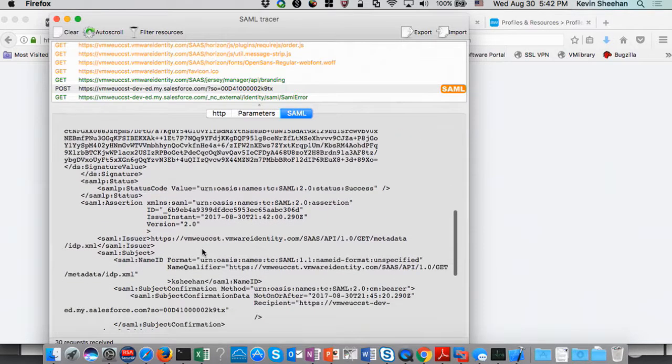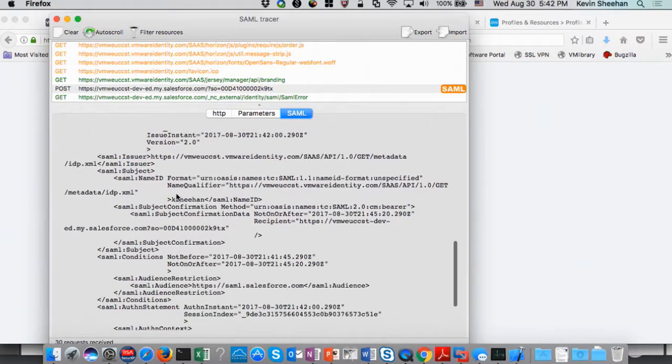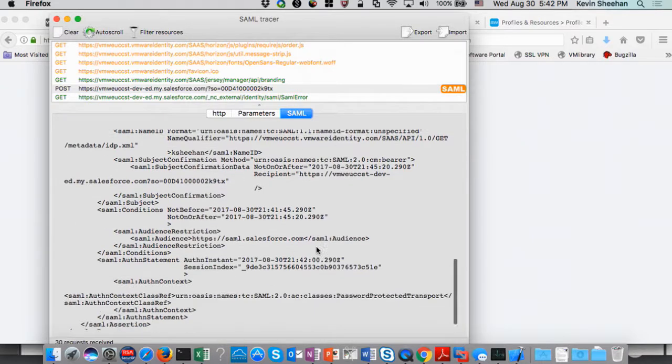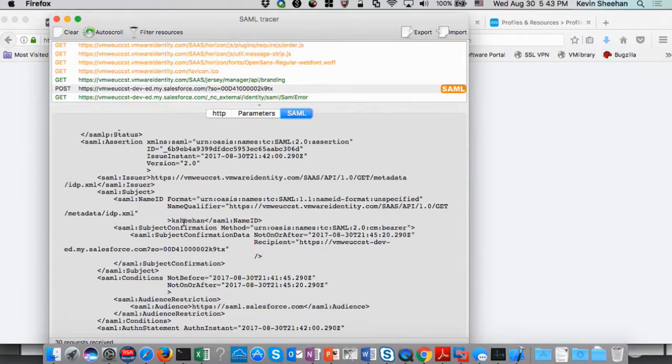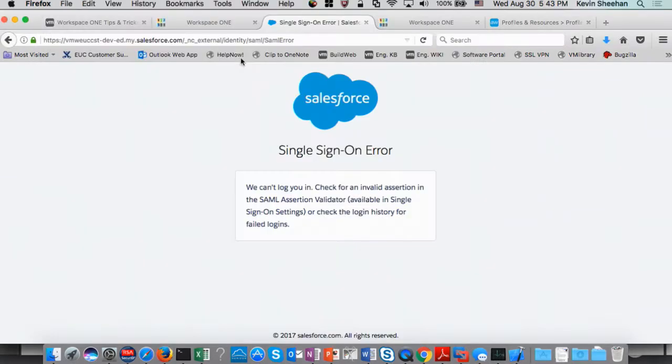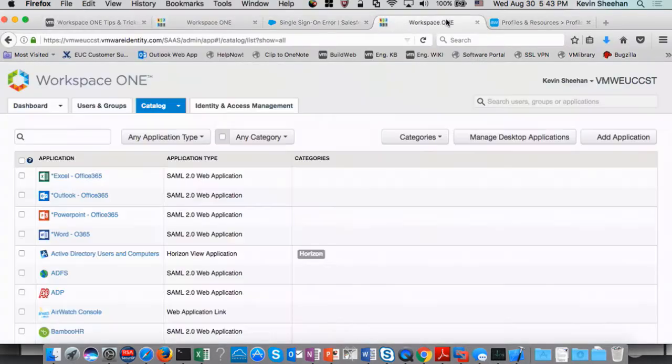If I start looking at my name IDs, we can see that the name ID format that's being handed off is just using my username. So it's sending K Sheehan. Well, Salesforce is currently set up so that it is going to require me to use email address rather than username. So I can just go back into the Identity Manager environment, come into my catalog, find Salesforce,